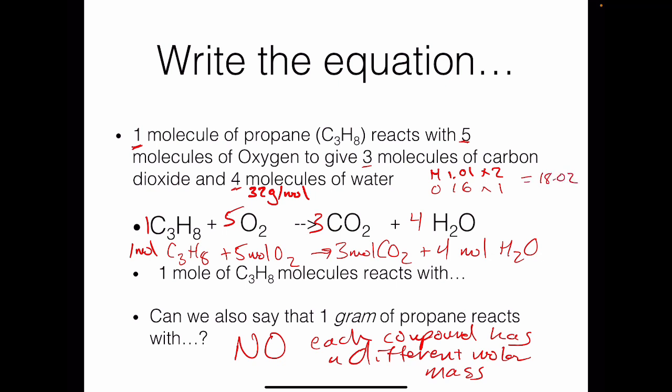So we can see that these do not work in terms of the ratio that's given in this equation if we're talking about mass. If I have 5 O2s, that is not equivalent of 4 H2Os, and that is because these compounds have different